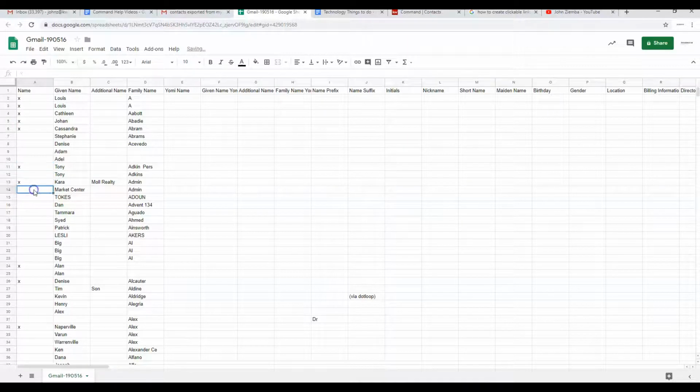We will then go through this file and we will put an X in front of anybody that we wouldn't call for business. Okay? Once that is completed, what we need to do is sort that document